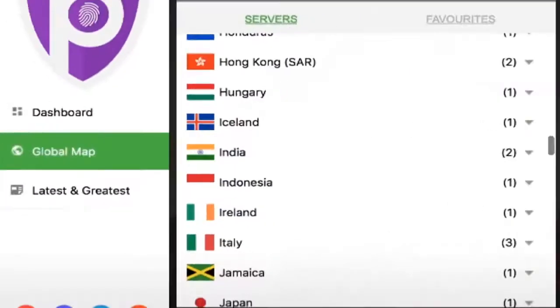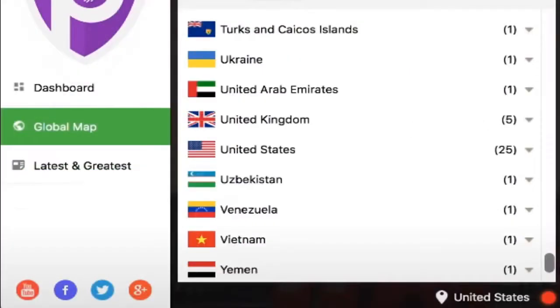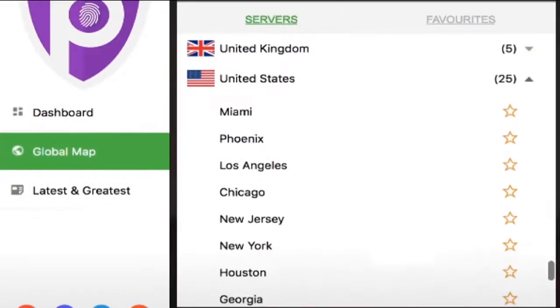milliseconds. So I'm going to scroll down to the United States, and there we see there's many servers. Now, it's nice to know how many there are. These numbers are usually changing as they add more servers to these countries. So we're going to click in the United States here, and now we see the individual servers and the locations